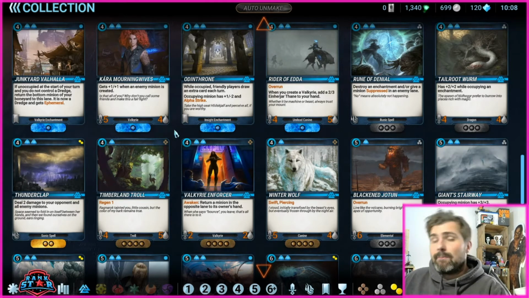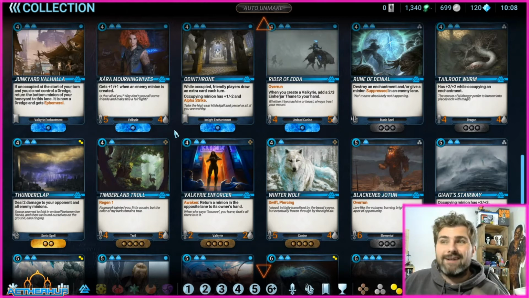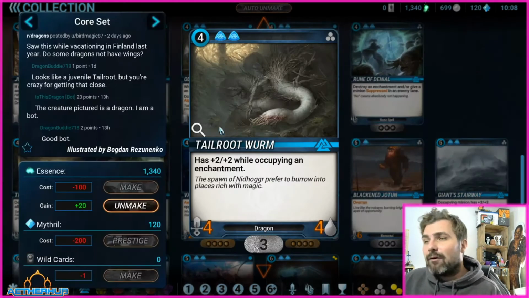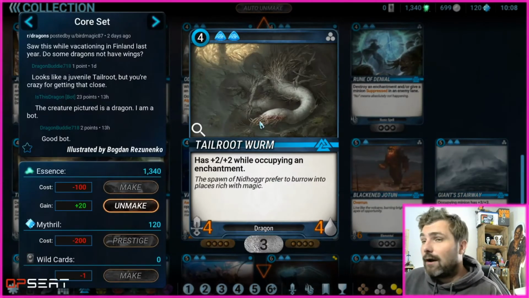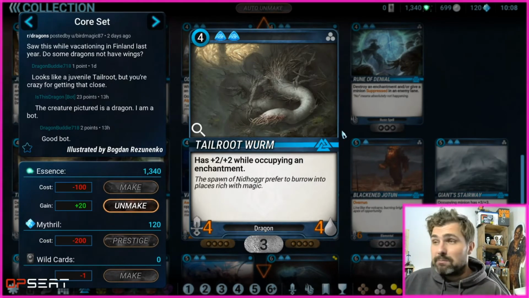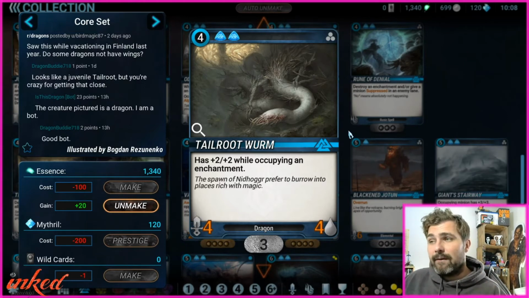But I mean, blue's still very good. At the moment, when I've played blue, I've not had great success with it. That's probably because I'm not the best player, nothing to do with blue as a colour. But anyway, you can see Tailroot Worm. If you're playing enchantments, throw him in your deck. He's an uncommon, meaning with your faction challenges on blue, you can easily get a playset of him